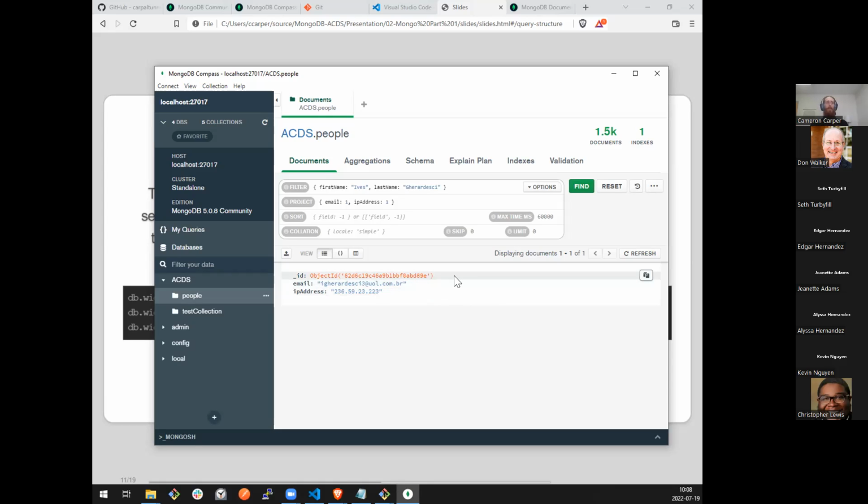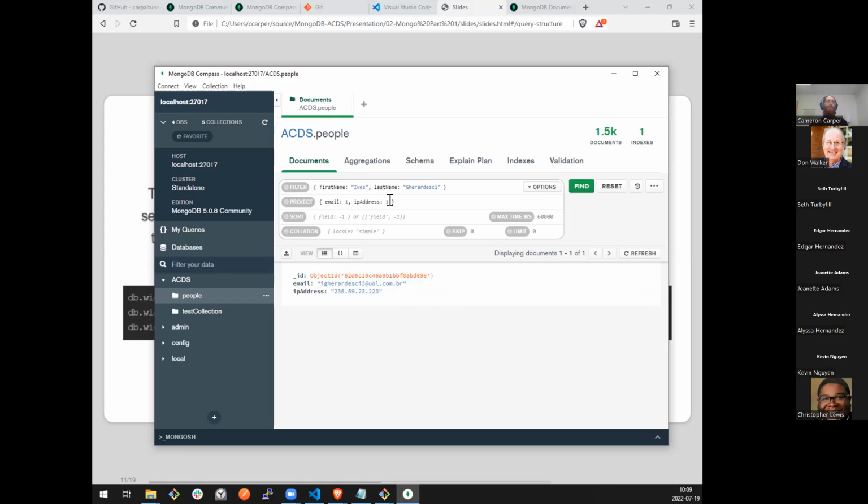You can specify your own underscore ID field. From my experience, most people don't. They just allow Mongo to do its thing, but then we will often create a new ID field, specifically ID, not underscore ID, that we will use as a unique identifier, like a UUID or a GUID. The reason I mention that is because you see it even though we didn't insert it.